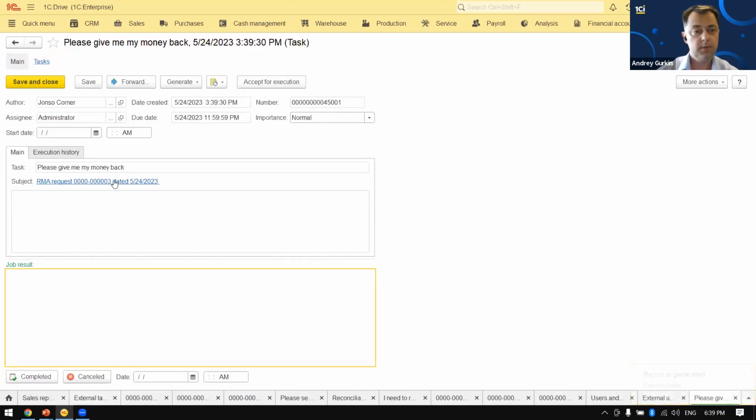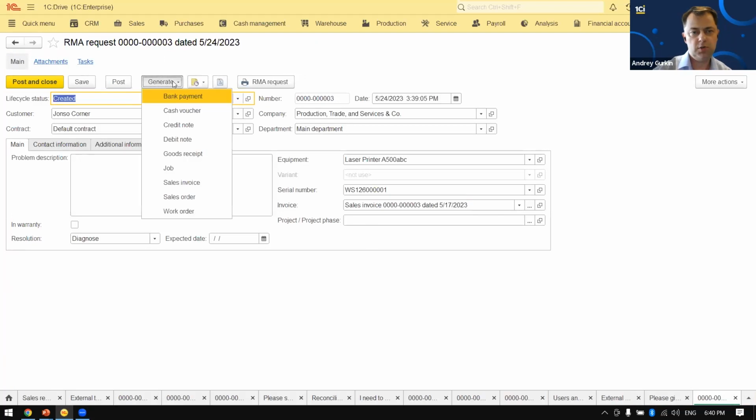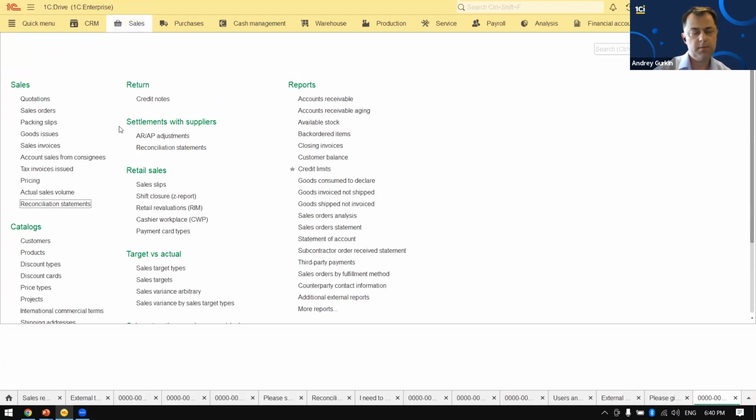And we can see another request from Mr. Jones. And we understand that we should return this printer back. We are opening this error request, but in this regard, we are creating not some work order. So we should generate another document. So here you can see the names of the documents, and when we're selling something, we are using